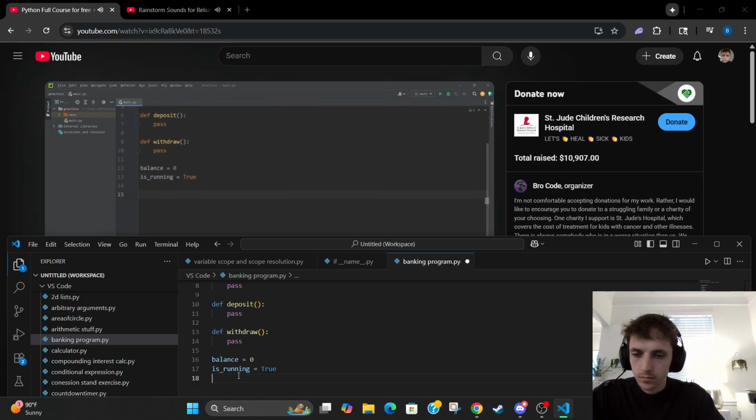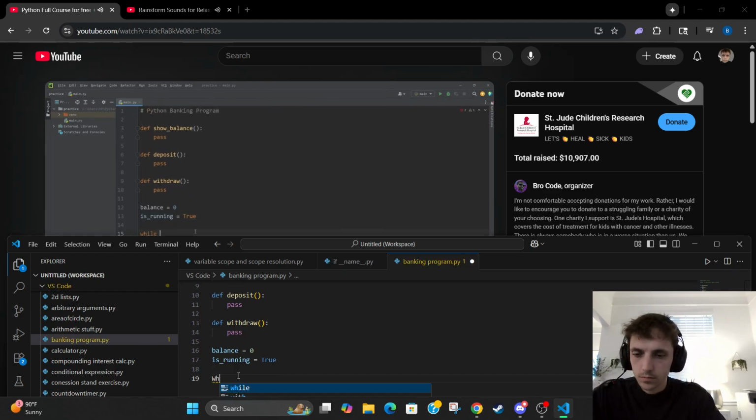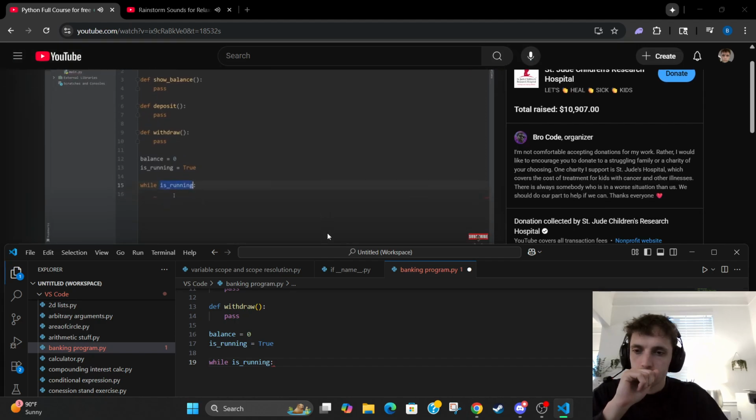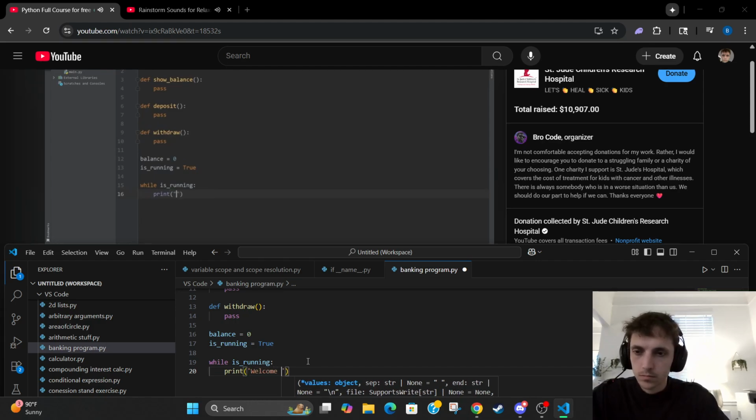So with the majority of our code, we'll place it within a while loop. While is running. You can check to see if this is equal to true, but since this is a boolean, that's not necessary. We will just say while is running. If is running becomes false, we'll exit the while loop. Within our while loop, we'll print some sort of welcome message. Let's print banking program,